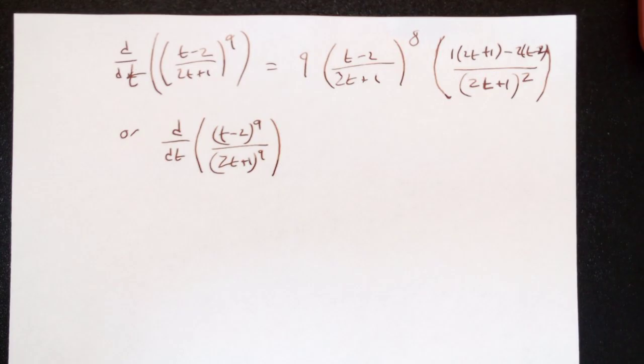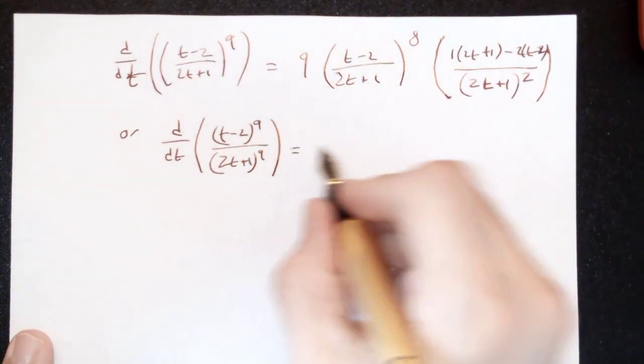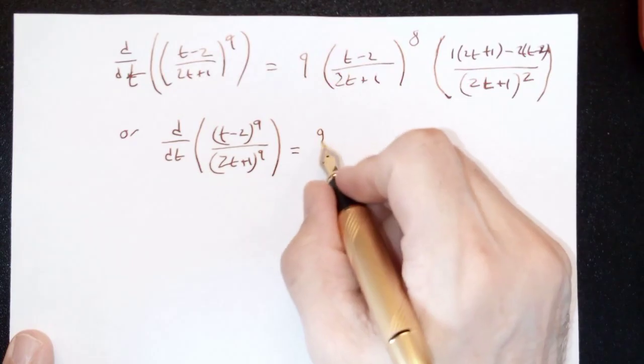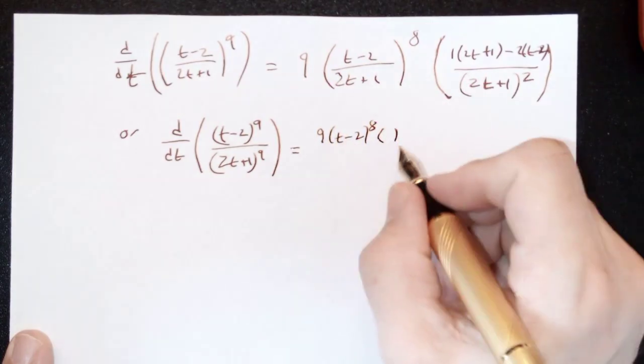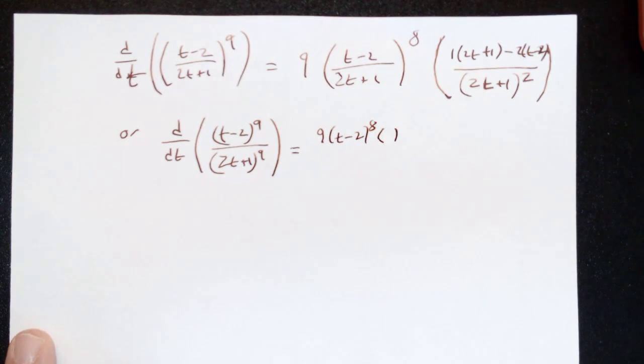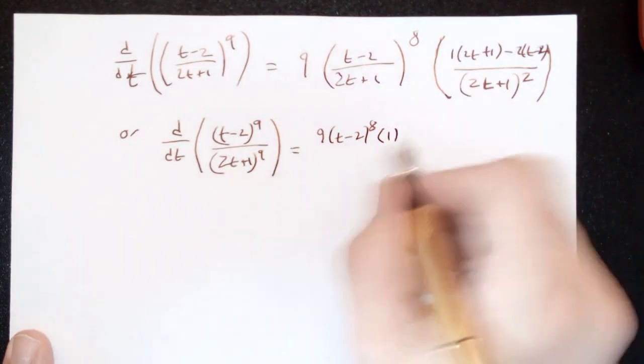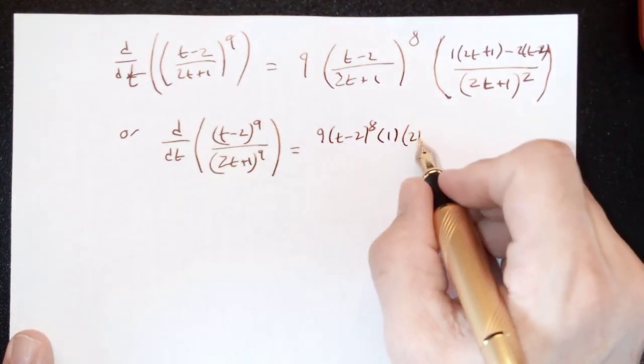And when I take the derivative of the bottom, there's a chain rule. So this actually has 2 chain rules inside a quotient if I do it this way. Derivative of the top, 9 ugly junk to the 8th times the derivative of the inside. What's the derivative of the inside? Just 1. Derivative of the top times the bottom